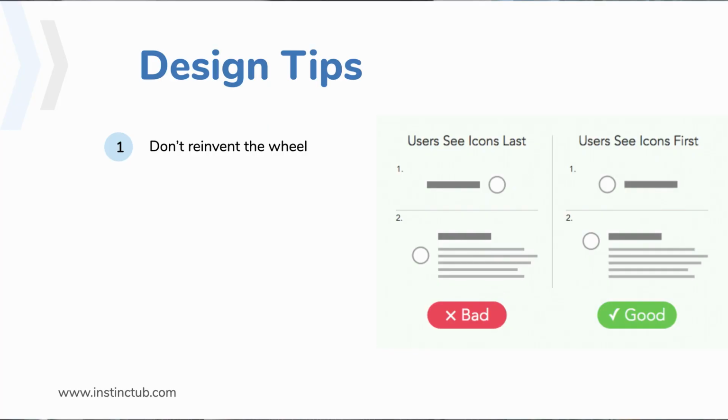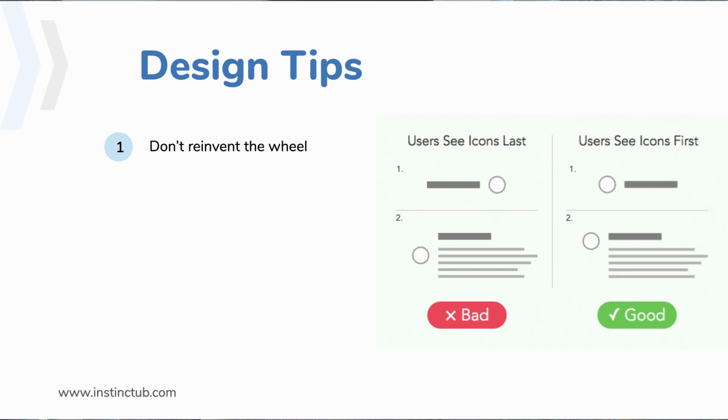Talking about the tips for wireframing, prototyping, and mockups, there are just 5 things on my list which are worth noting. One is, don't reinvent the wheel. It is very important. Don't try to overdo. For instance, instead of designing your menu at the top where users can navigate, don't try to put it at the bottom. When users get to the page, they already have an understanding of how some of these platforms work. So the moment you try to change the positioning and all of that, you're stressing the user. And that